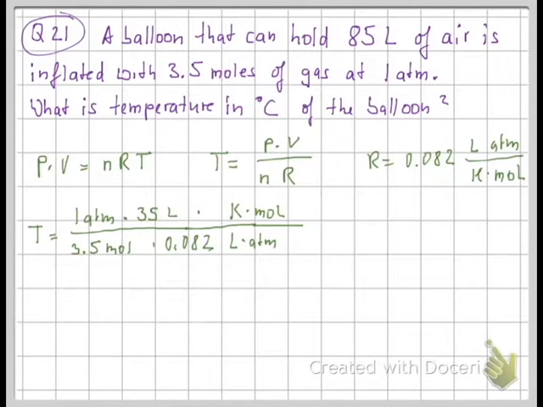All right. Moles cancel. Liters cancel. Atmospheres cancel. So we just have to plug this in. 35, 1 times 35 is 35, divided by 3.5 divided by 0.082 equals 121.9. I'm going to round this to 122 kelvins,